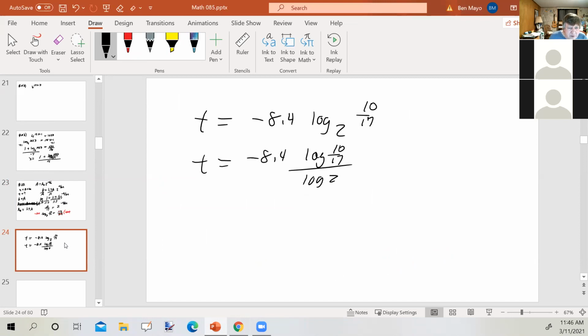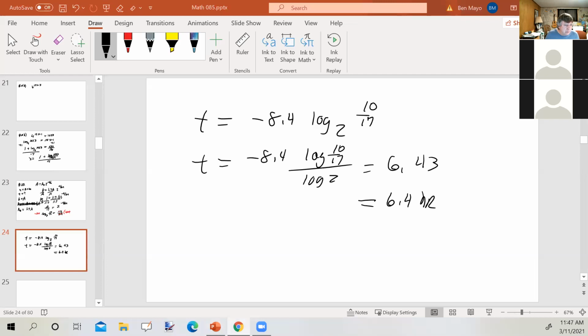And let's see, it says round your answer to 1 decimal place. So calculator, negative 8.4 log of 10 divided by 17, close it up, divided by log of 2, close it up, and I'm getting 6.43, so 6.4 hours. Okay,